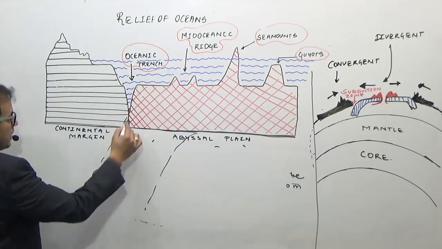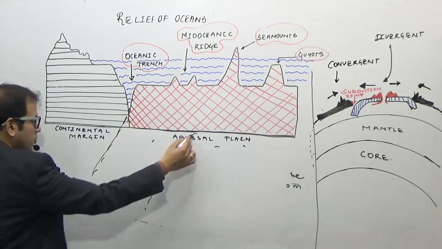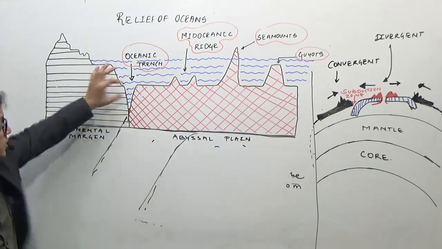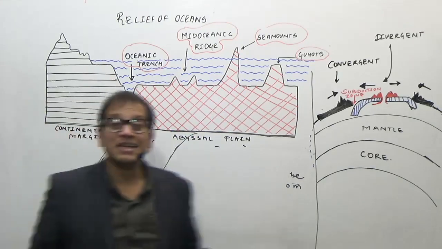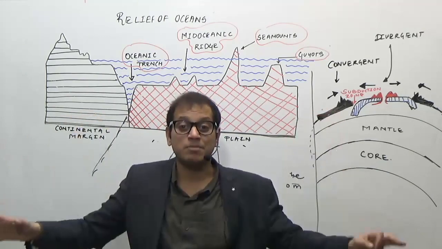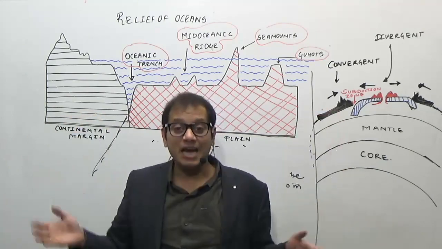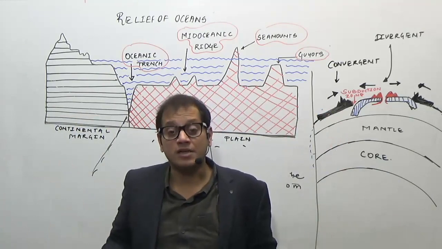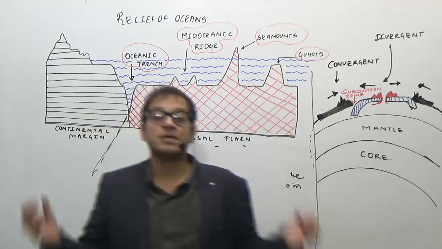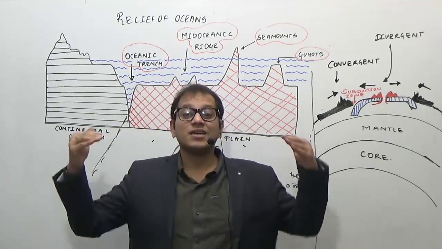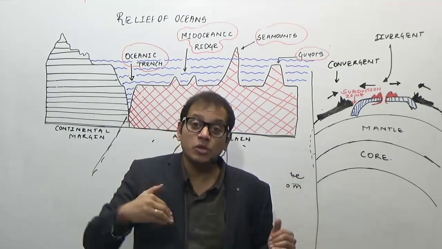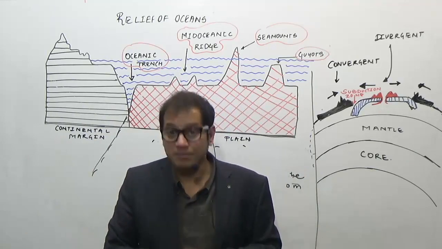That is, here the oceanic plate is going below the continental plate, and therefore a kind of depression is formed. What is this depression? These are the deepest parts of the earth's surface. These are the deepest parts of the ocean surface. These are narrow, deep valleys on the ocean surface, and therefore they are known as trenches. What do they represent? They represent the area where the oceanic plate goes below the continental plate in a subduction zone.